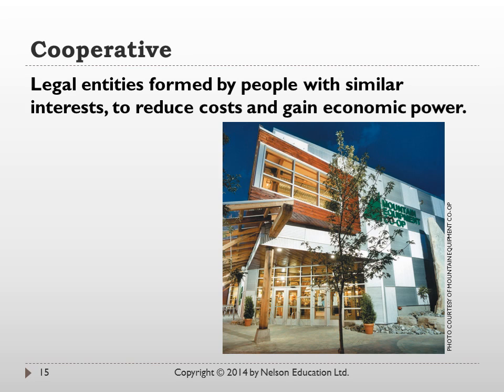Another special form of business organization in Canada is the cooperative, or you may know them as co-ops. And they are really legal entities that are formed by people that have a common interest, and usually for a purpose of reducing costs or providing a service to the members of that cooperative, sometimes to gain economic power. In Canada, there's about 9,000 cooperatives or credit unions, which are really just a financial cooperative in Canada, and they play a big part in the Canadian economy as well.